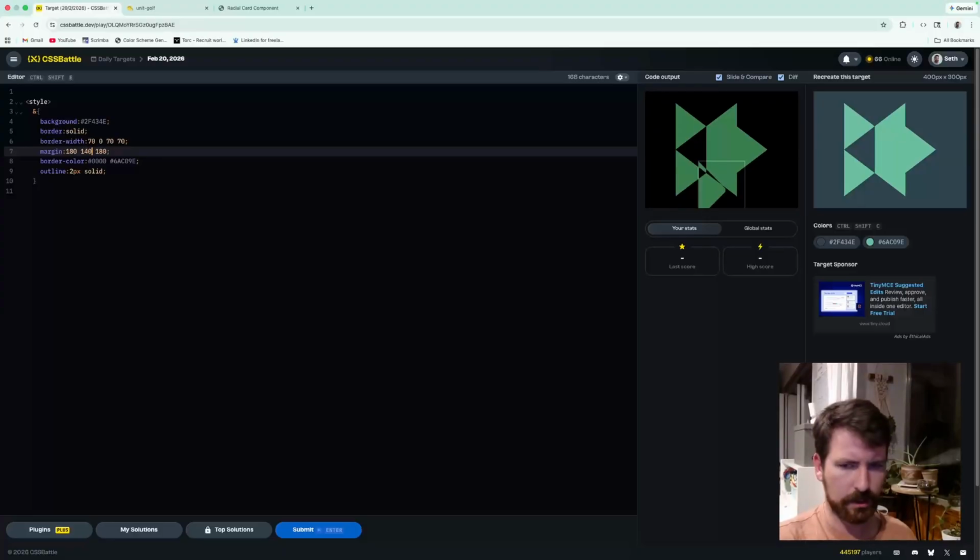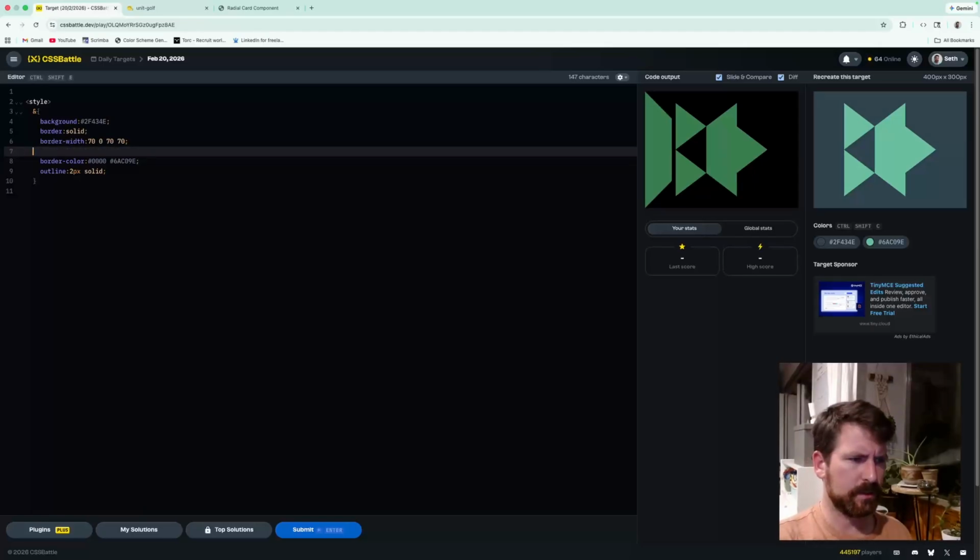Oh, I thought I was doing something different there. It's staying the same. It's not our margins. I'm doing something really silly here. Something very, I don't know, amateurish. I haven't done border margins, border triangles in a long time, but